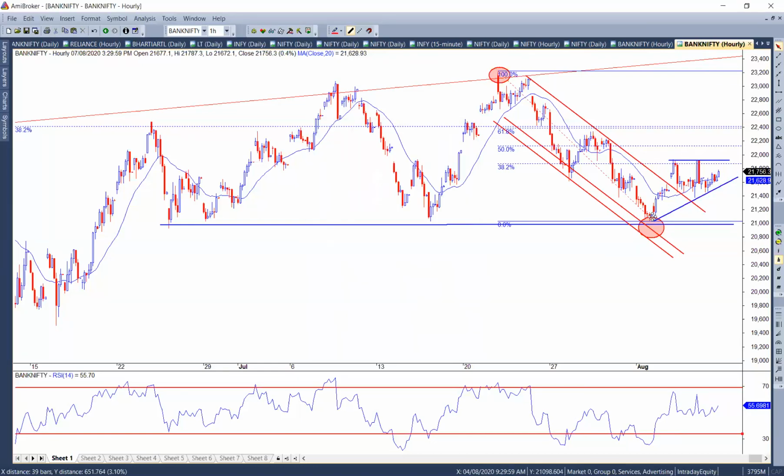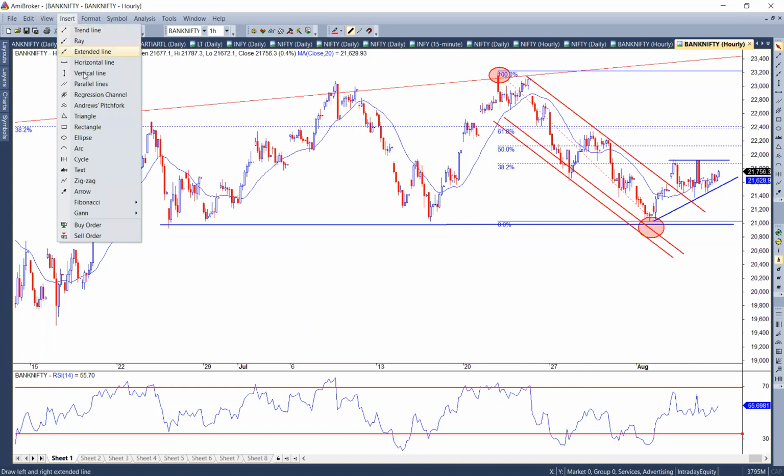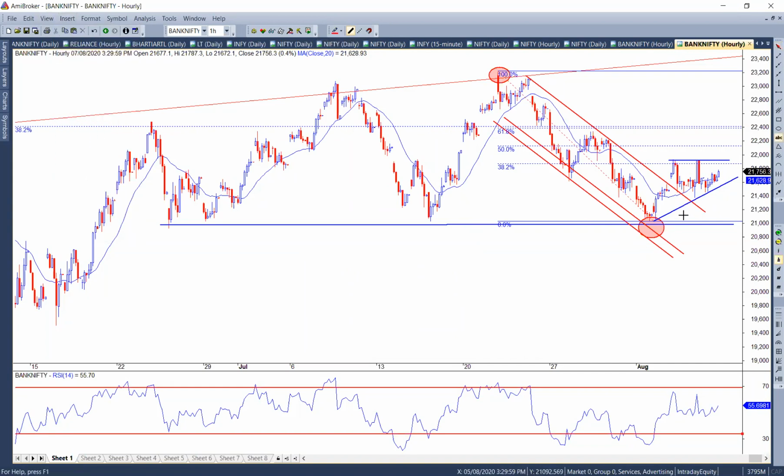It looks like a classic triangle pattern to me. It moved up, down, and it is an ascending triangle. If I want to label it, I can simply go here, go to text and make a note of it. Simply I can write ascending triangle for my reference.